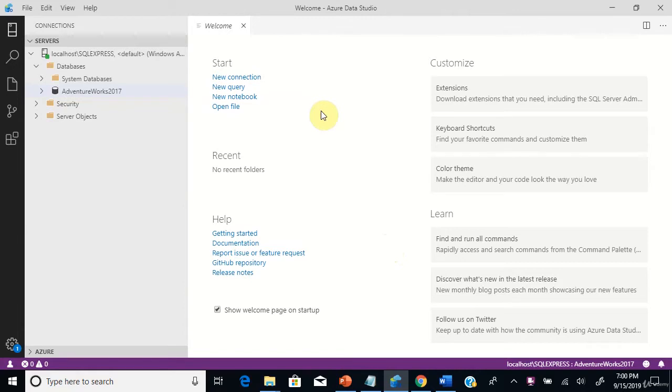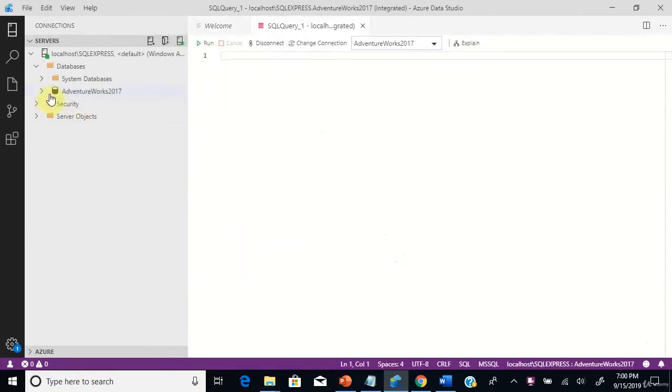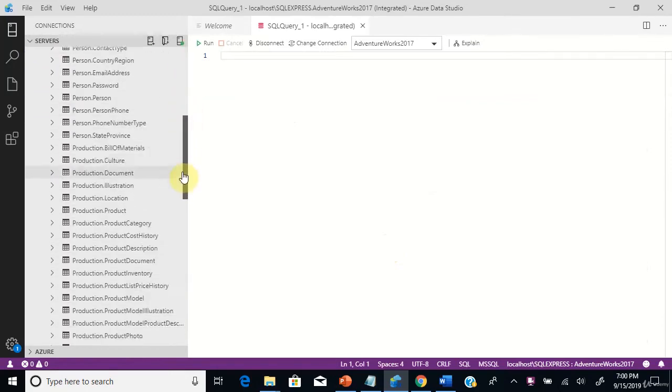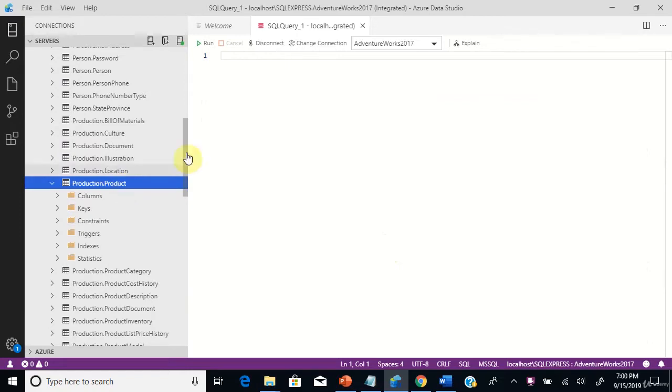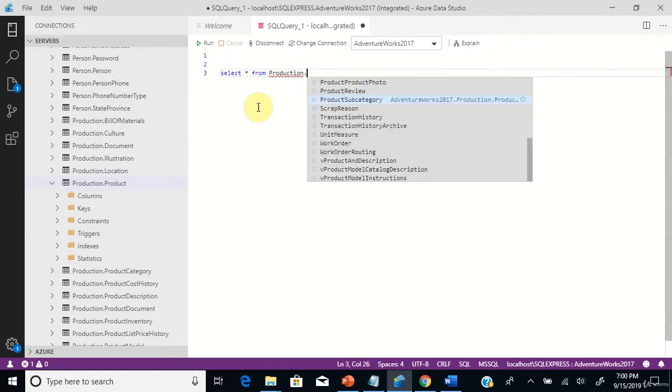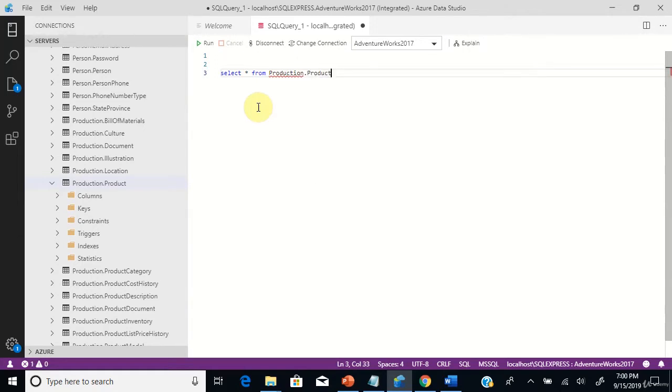Go to the sample database, new query, go to tables, and production.product is the table we are going to see in this scenario. Let's query this table production.product and see the columns and data within this table. Select it, hit run,